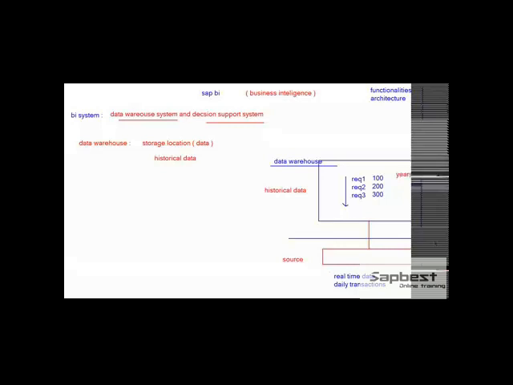And finally, the next step is decision support. After loading the data to the data warehouse, we are going to create a report on the data warehouse, publishing the reports to the clients, users. Users are going to take decisions on